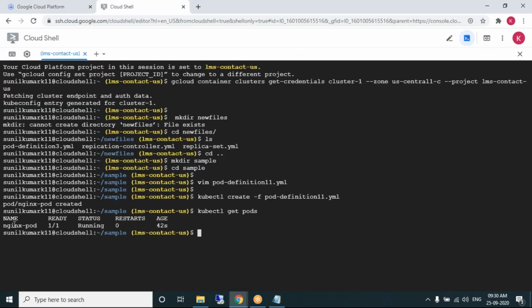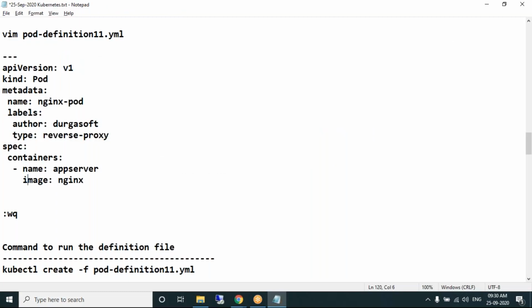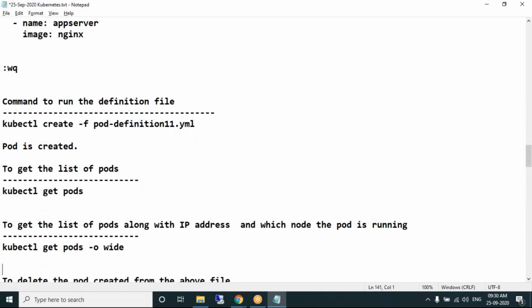Get pods is just information about the pods, but you will not get on which node it is running. You want to get more information about the pods. We should use kubectl get pods to get the list of pods along with the IP address of the node on which the pod is running. kubectl get pods -o stands for output.